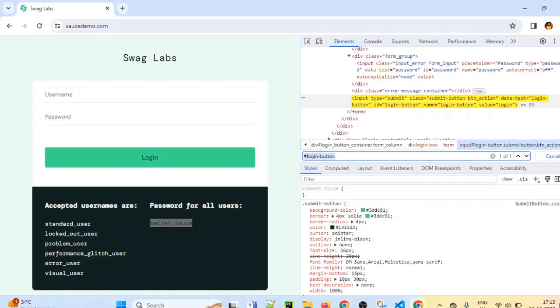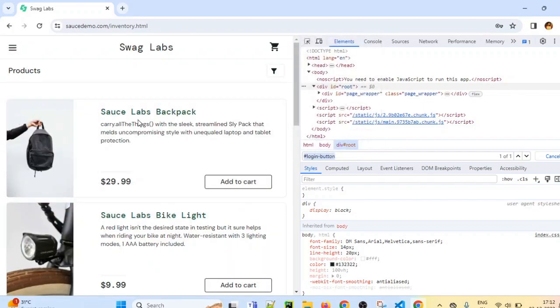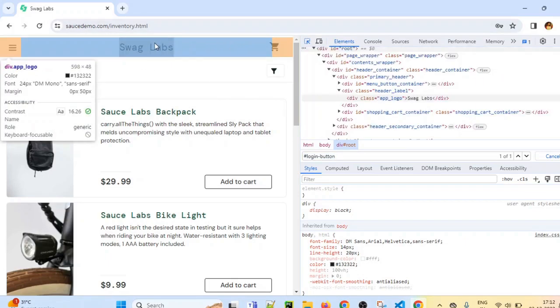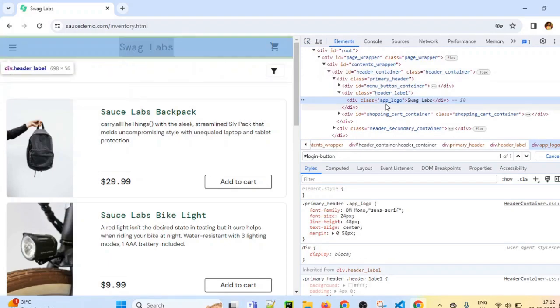So what we can verify here is, let's say we can put any other validation that should verify that we have successfully logged in. So let's see, after logging in, I'm putting standard user as the value, password as secret sauce. Then we will click on the login button, and after clicking on the login button, this screen comes. So what we will verify, we will check whether this Swag Labs text is present on the top or not. So first we have to again locate this element. So I will just highlight this element. If you see, what is the class name getting highlighted? The class name is app underscore logo that has the text as Swag Labs.